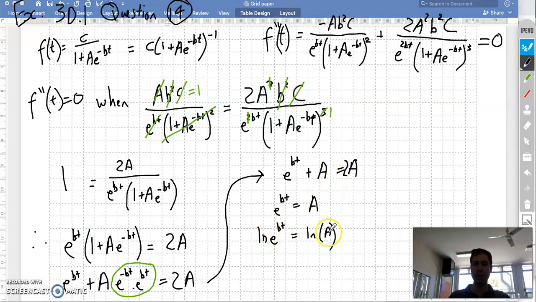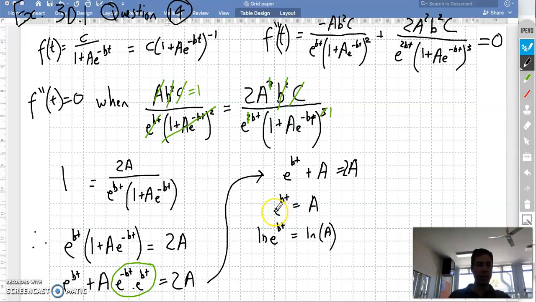We're up to logging both sides. Why are we logging both sides? Because to find this point of inflection, we need to know the t-value, and the t-value is locked up as the power of e. Right? So,